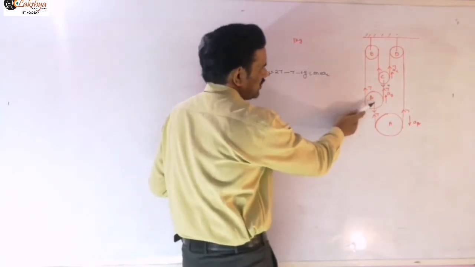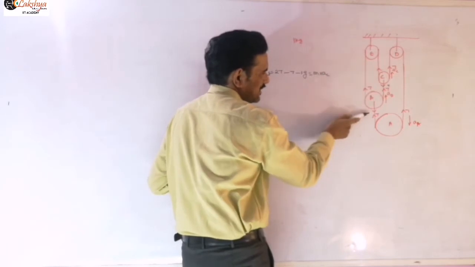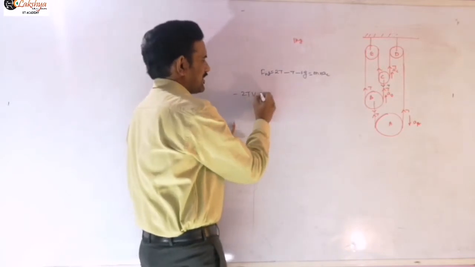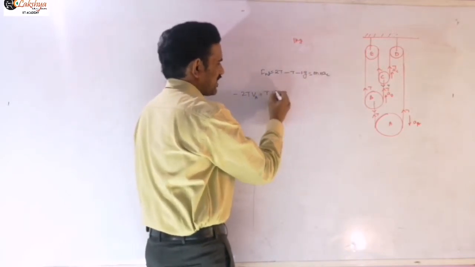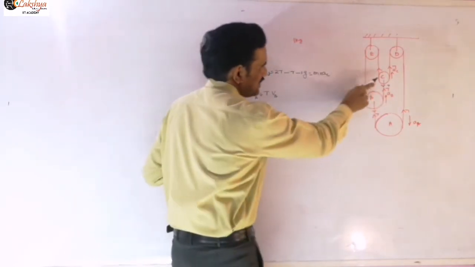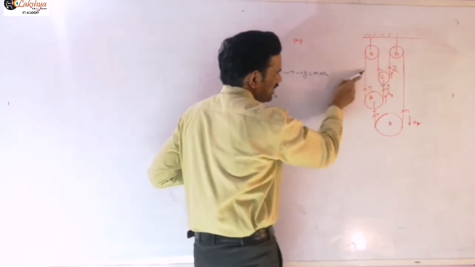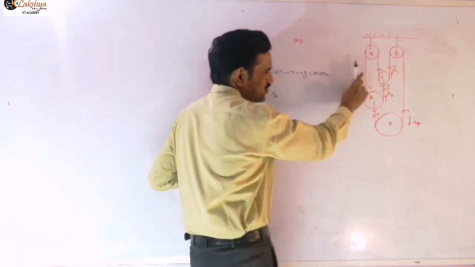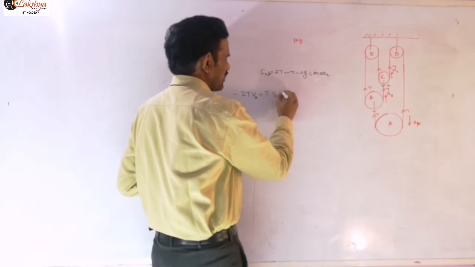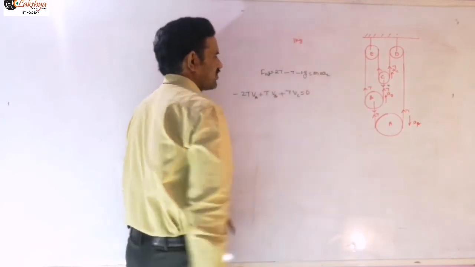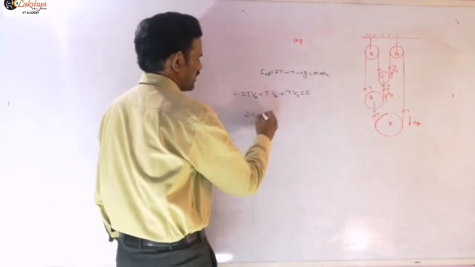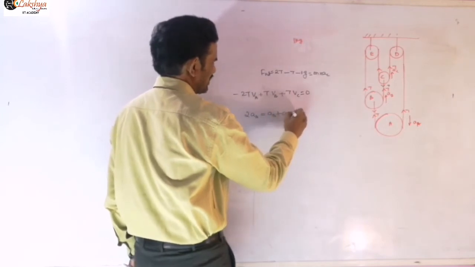Next, for this block, if I consider 2T upwards, and 1T will be downward, the net tension will be in the upward direction, only T. Then plus T into that velocity, which will be in the upward direction only, so cos 0 you will get. Is it clear? Next, for this one, the same: T and T upward and 1T downward, so the net tension will be T in the upward direction, and V_C will be in the upward direction. So T into V_C, this is equal to 0. Just differentiate that, and you will get the acceleration relation: 2 into acceleration of A is equal to acceleration of B plus acceleration of C.